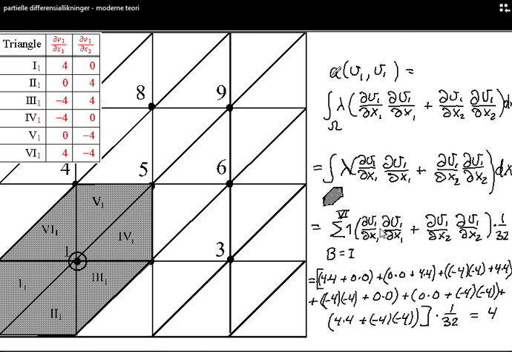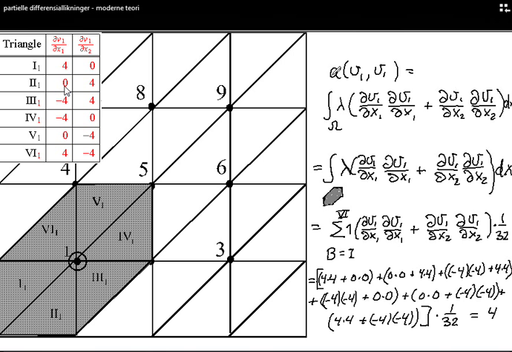Sorry, this is not 0. The partial derivative of these two, this is the same two numbers, and they are both 4 in this first triangle, and the partial derivative with respect to x2 is 0. So therefore we have 0 multiplied with 0 here, and in the next triangle from this